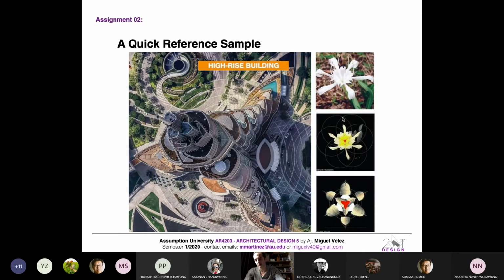And then you will start to find a kind of geometry to make this into a geometry, and you will try to find a kind of rule, how these things work, and then you start to see that this is something related between this and the final product. You can start to see the shape of the building. And this one is a representation in 2D, to understand how this flower can be represented in 2D. But at the end, we are doing architecture, and we need to build in 3D.